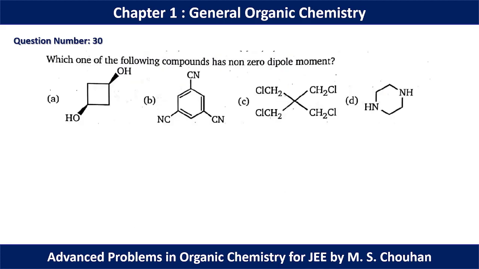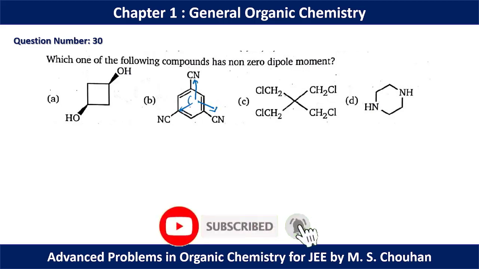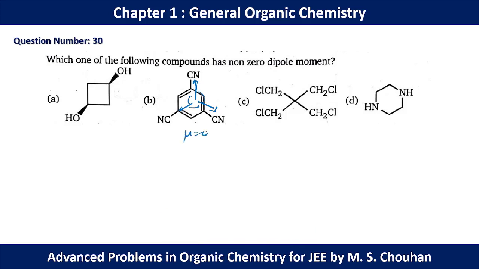In question number 30, one of the molecules should have a non-zero dipole moment. We can see that these three are equally placed and the bond angle is 120 degrees, so the dipole moment is 0. Again, equally placed, bond angle 90 degrees. This should be sp3, so it should not be 90 degrees, it should be the ideal bond angle of 109.5 degrees. So whatever the situation, this is an identical situation, so the dipole moment will become 0. Again, this is a symmetrical situation, so the dipole moment will become 0.